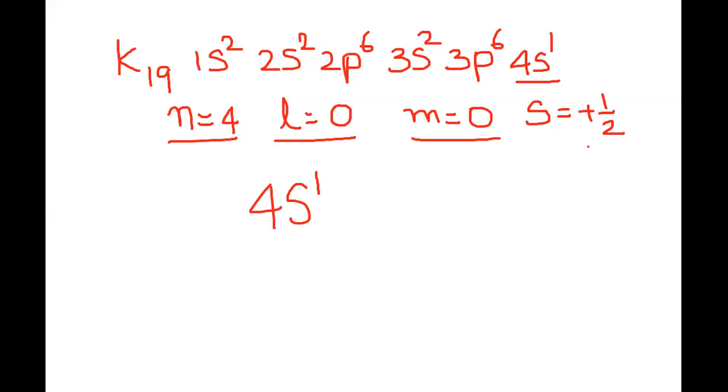So let's see now. If I go to the next one, let us talk about the element with atomic number 21, scandium. Here you see where children make mistakes and are likely to get confused: it is asking about the valence electron in scandium, and it is asking you to give its quantum numbers.